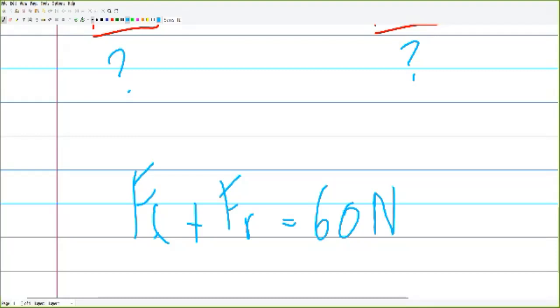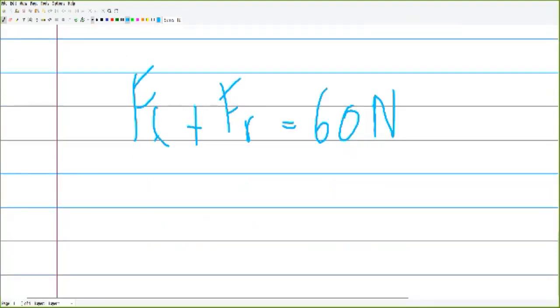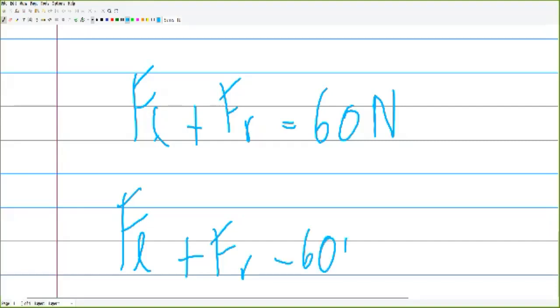60 newton. So the force of the left plus the force of the right minus 60 newton, well, that's equal to 0. And well, I know that the torque